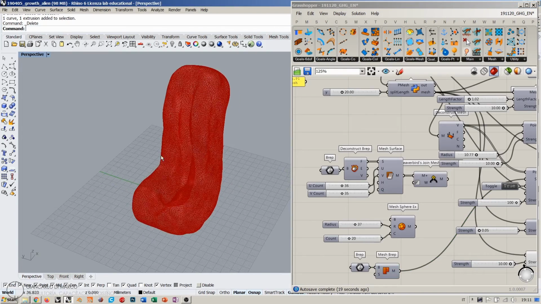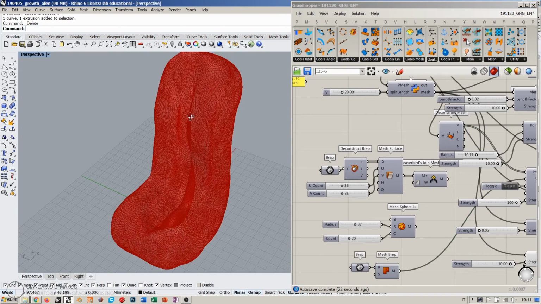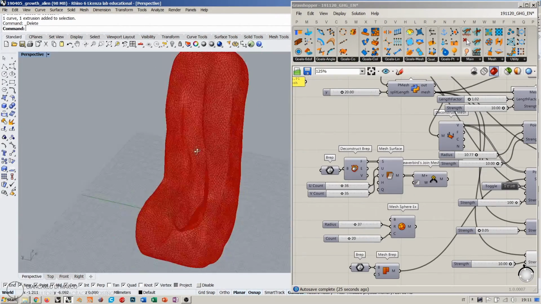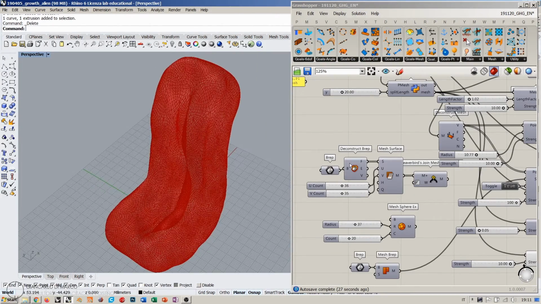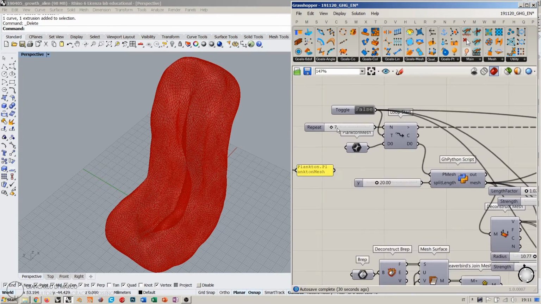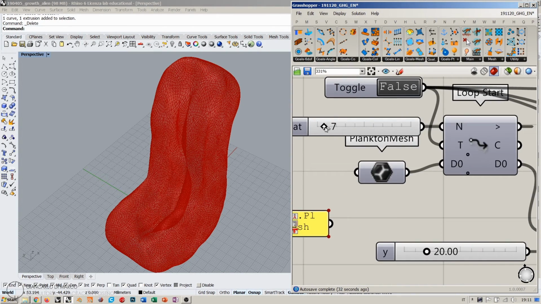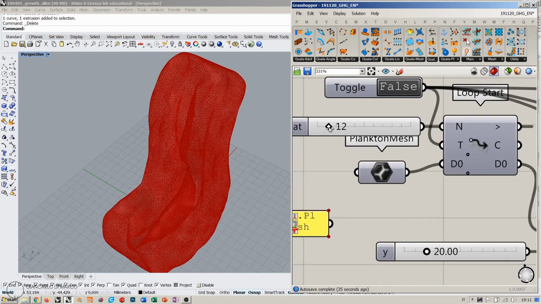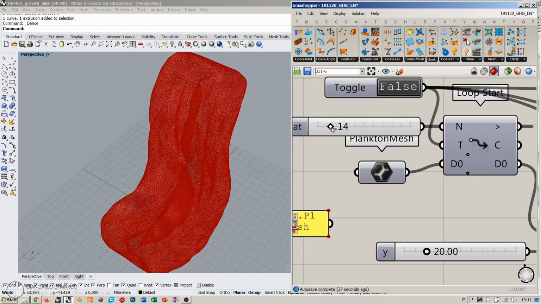So you can see that this thing is already expanding throughout the volumes, and it's creating this kind of nice concavity in this area. But if you increase this too much, then you will have some undesired effects eventually, sooner or later,